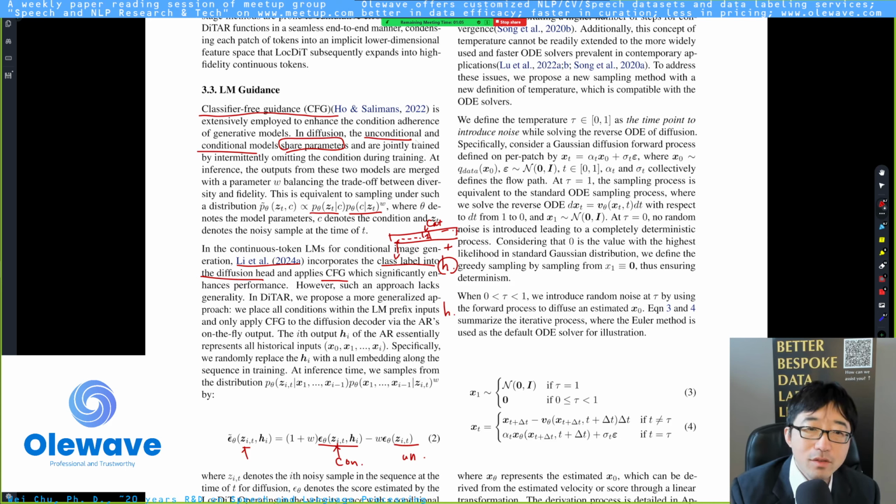Well, the benefit of doing this, you can definitely see, is imagine you train these two models together, and at the inference stage, you have to come up with the epsilon, theta, Z, and H, and epsilon, Z. You have to have two scores. But if you just train this model with some shared parameters, all you have to do is to only use the... how do you say this? I think they mentioned it some way.